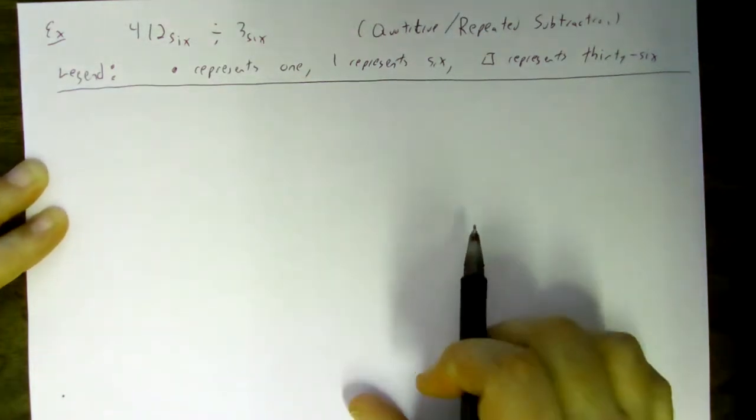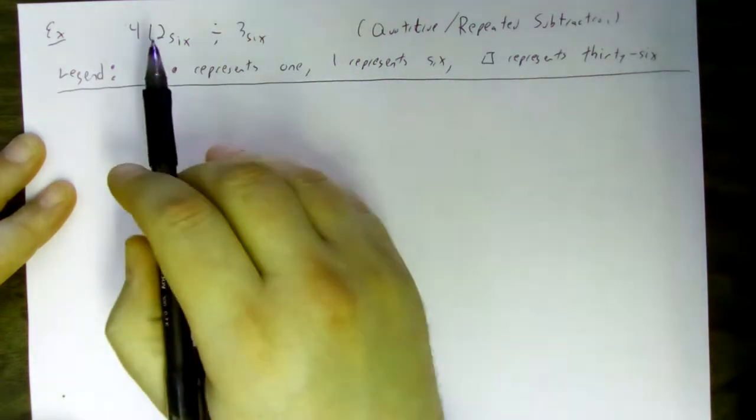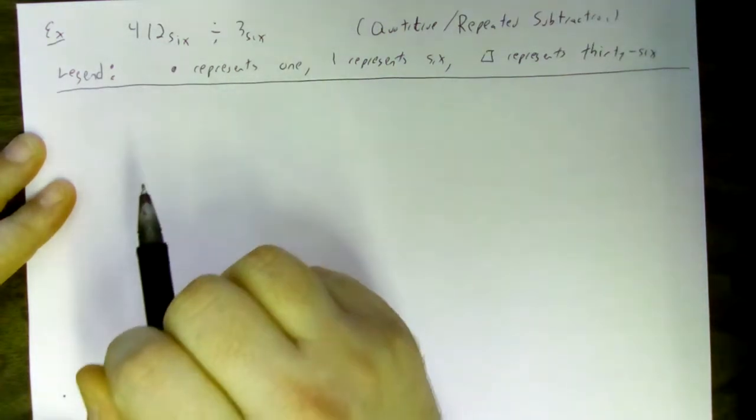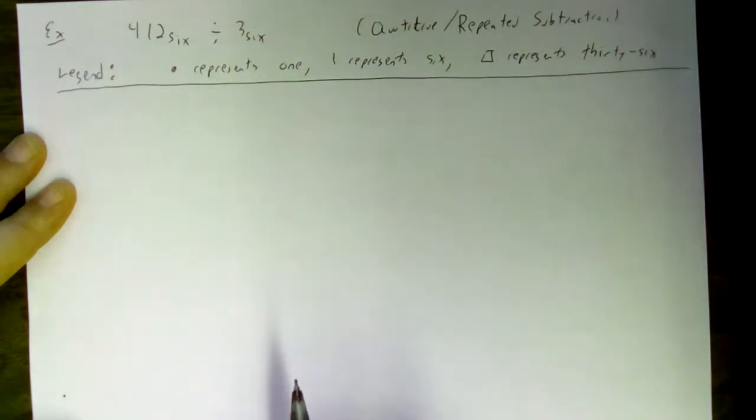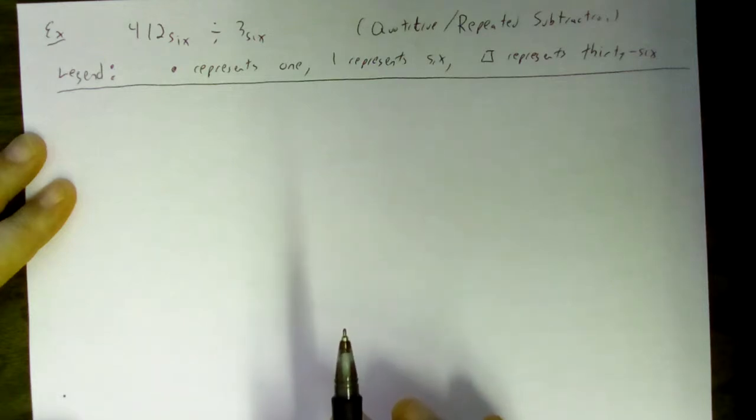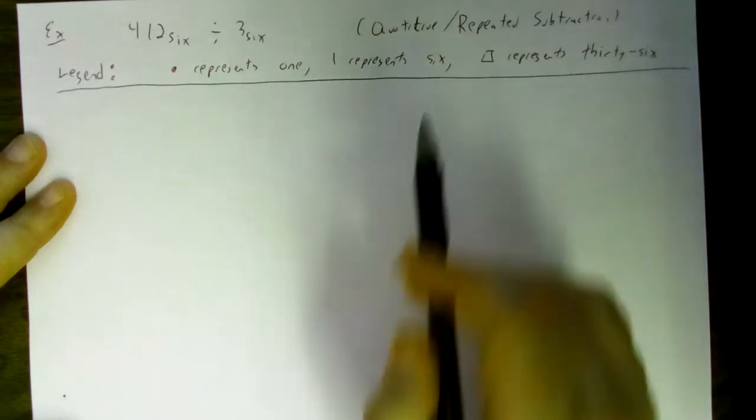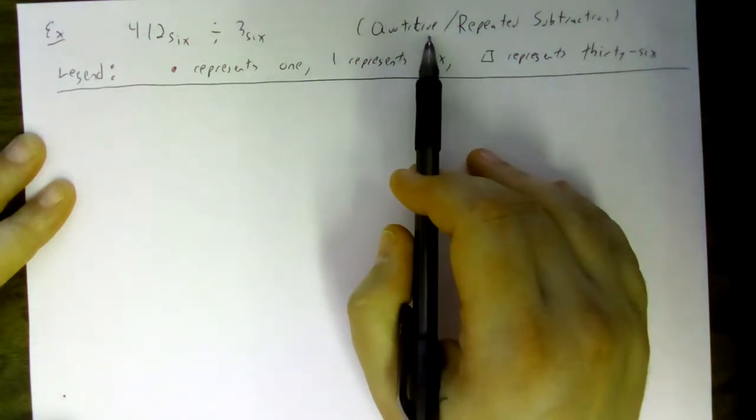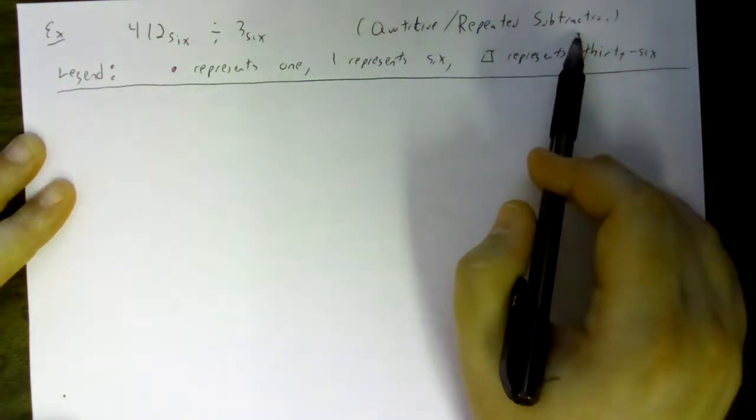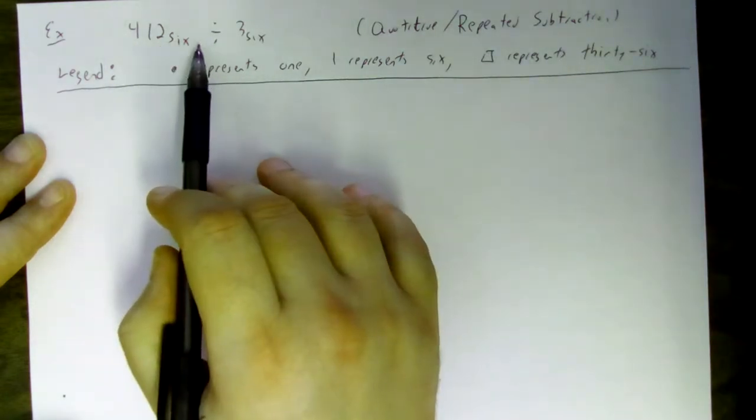In this video, I'm going to demonstrate quotitive division. I'm going to divide 412 in base 6 by 3 in base 6, and I'm going to demonstrate division using drawings. When I'm using drawings to demonstrate any operation, I should keep in mind the view of the operation I'm trying to show. If I'm thinking about quotitive division or repeated subtraction, then the division problem 412 in base 6